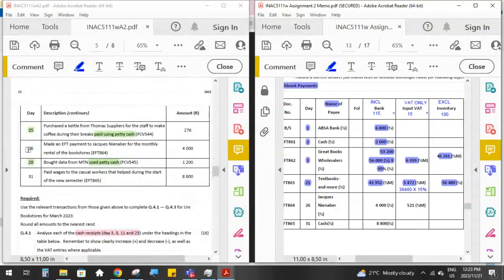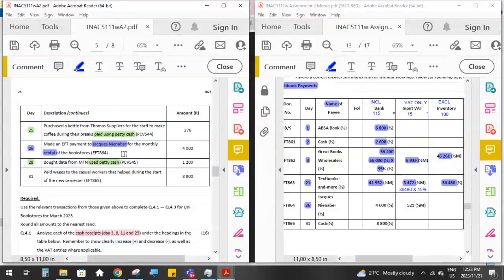Then we've got the 26th. We made an EFT payment to Jacques Ninaber. So name of payee, Jacques Ninaber, the 26th. What's the total Rand value of the payment, which must go in our bank, including VAT column? For the monthly rental of the bookstores. So rental,